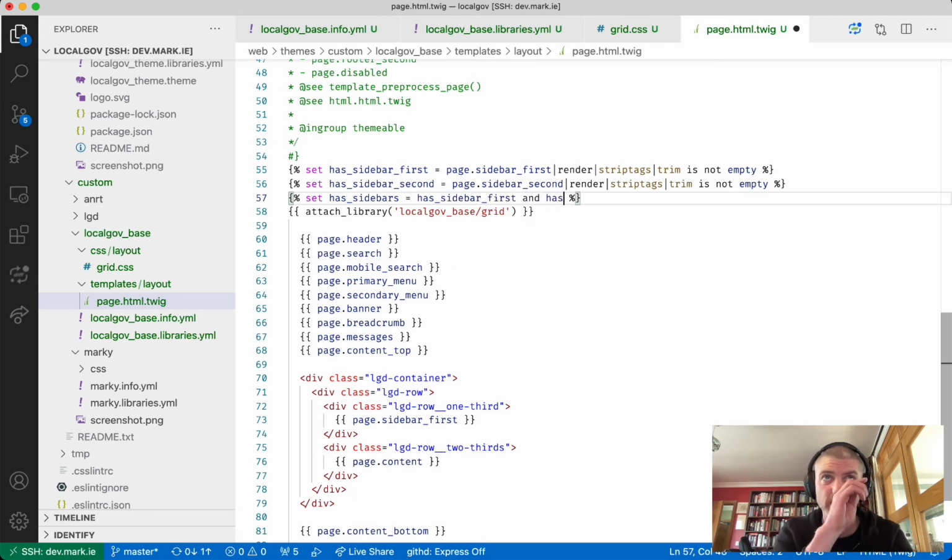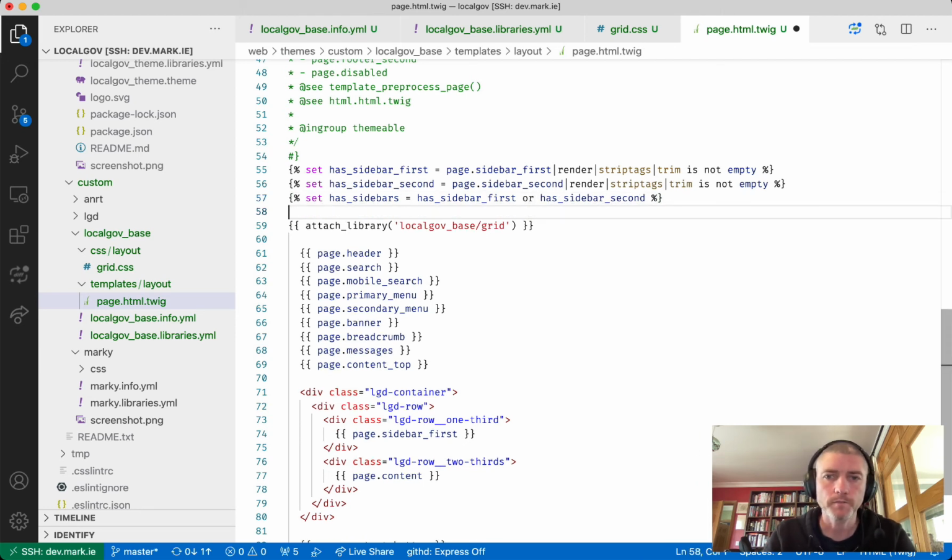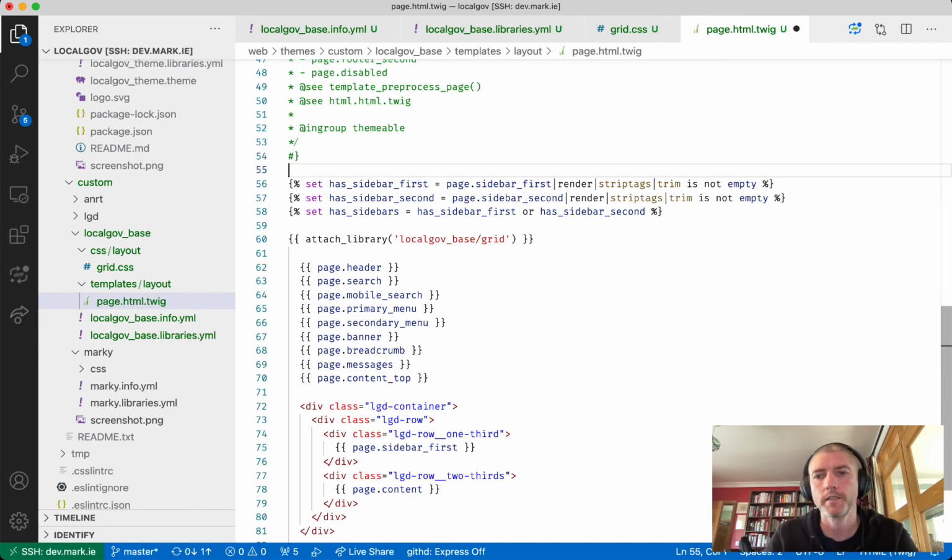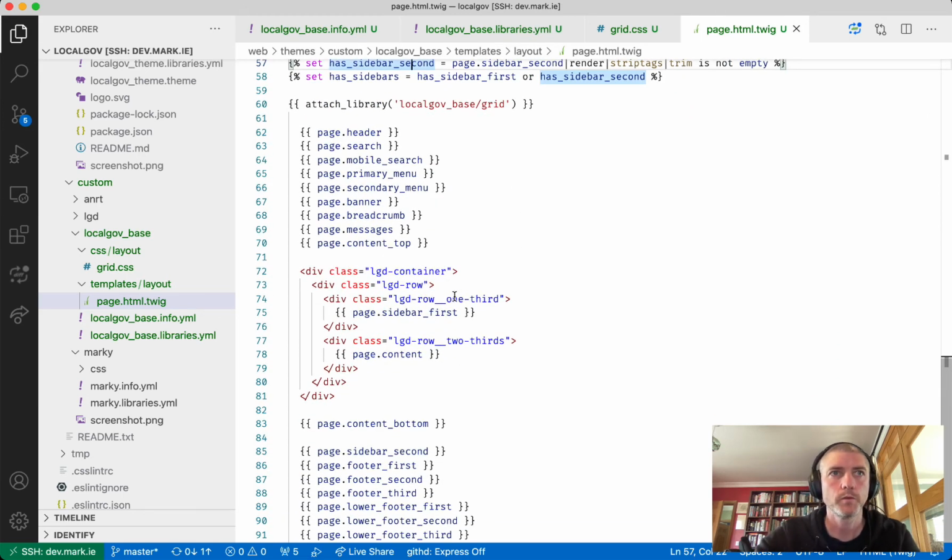So what we'll do there is has_sidebar_first or has_sidebar_second. If there's something in the first sidebar or the second sidebar, that means we know we have a sidebar. If there's something in the first sidebar, we have sidebar first, and if something in the second sidebar, we have sidebar second. Okay, so with that much, let's come down to look at our